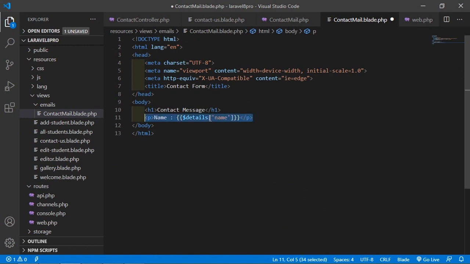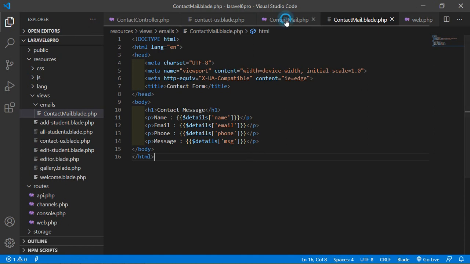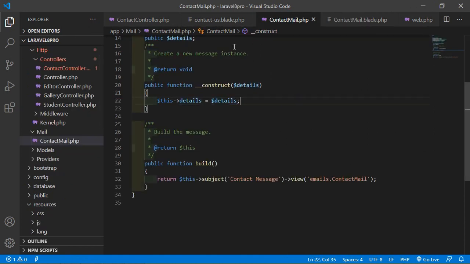Now just copy and paste here, and this is for email, phone, and also add here the phone, and this is for the message. So just write here Message, and here msg. All right, now save this file. So all set.